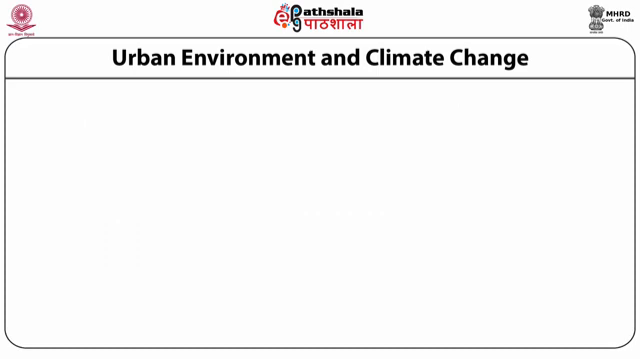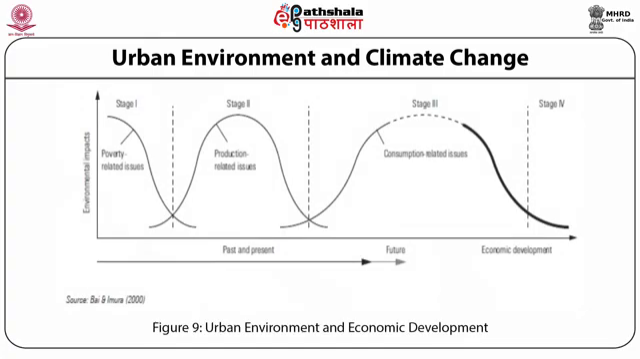Bai and Imura have put these risks in perspective under the form of a model of urban environmental evolution. They propose a four-stage process in the development of urban environmental issues in relation to economic growth. In the figure, stage 1 of the development cycle is characterized by poverty. It involves issues like demographic growth and migration to cities, high informal sector employment, lack of safe drinking water, and